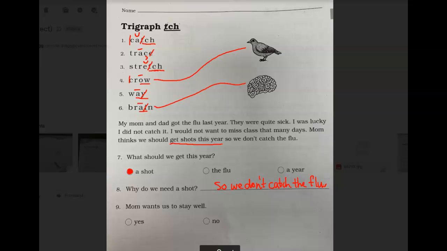All right. And the last one, Mom wants us to stay well. She doesn't want them to catch the flu, so it sounds like, yes, Mom does want them to stay well. Didn't color in so great there. All right. If you will flip your paper over and do the homework 72 side by yourself